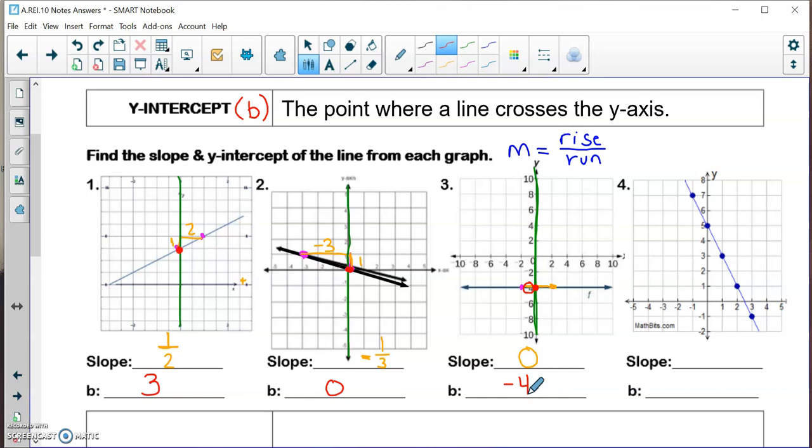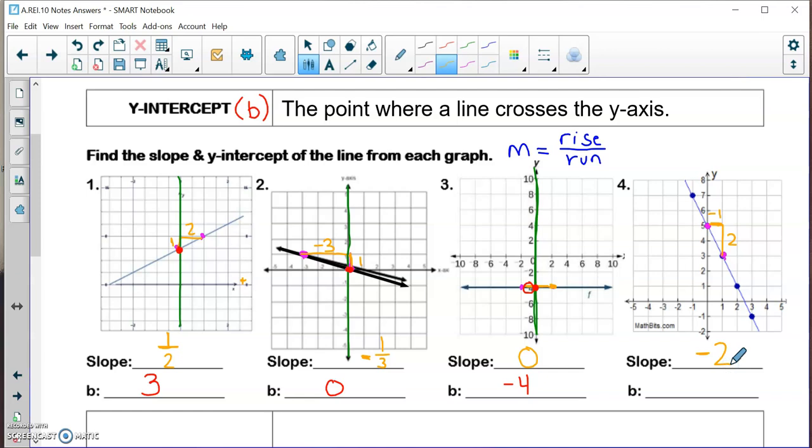Okay, so then number 4, I'm going to pick 2 points on the graph. It does not matter which 2 points you pick. I'm going to pick this point and this point. And now I'm going to do rise over run. I'm going to start at my bottom point. It does not matter which point you start at. I go up 2, which means a rise of positive 2, and I go over 1 to the left, which means negative 1. So my slope is 2 over negative 1, which is 2 divided by negative 1,